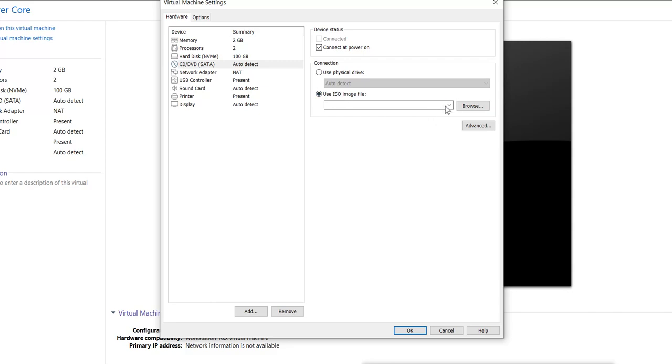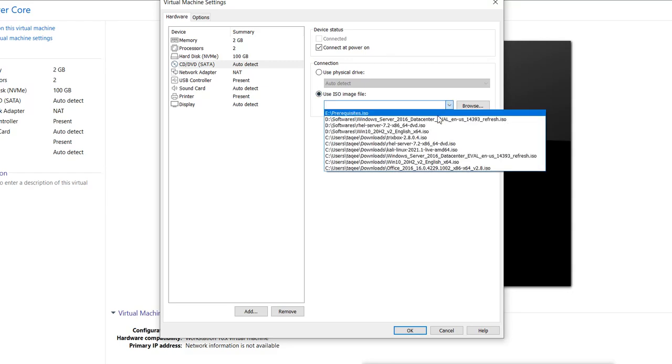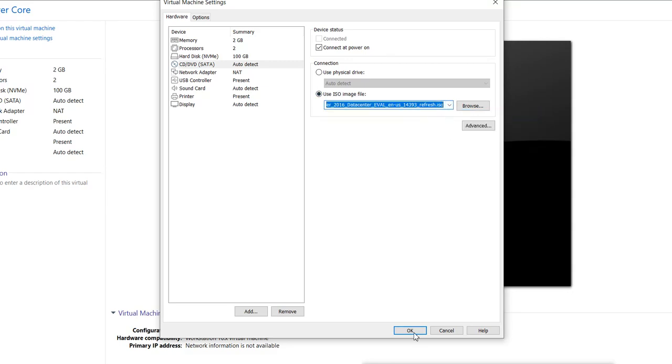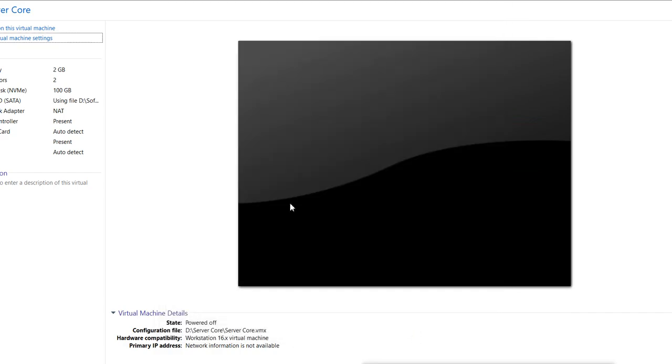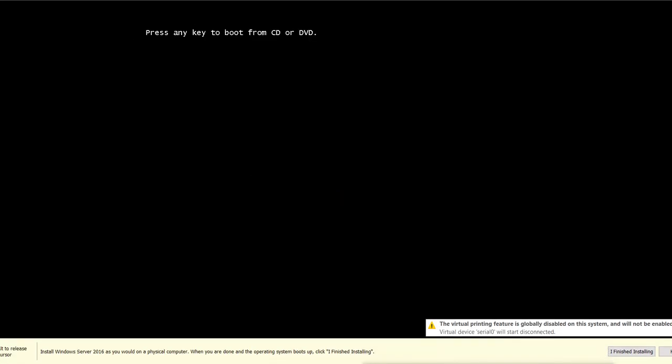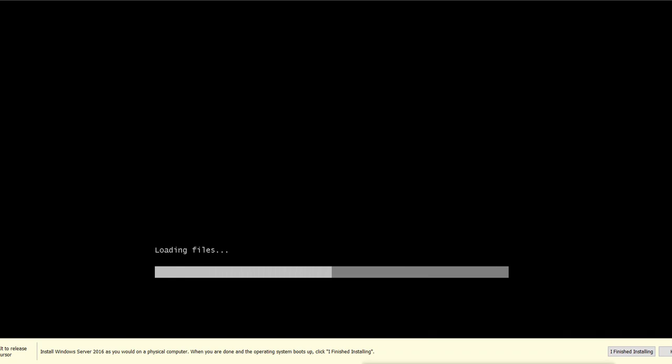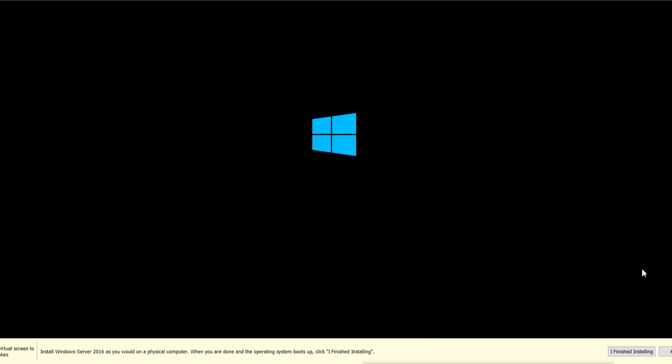Now I can start the installation. When it asks to press a key, I will press the enter key, and now the installation has started. Installation is also easy, we just have to select the core edition.